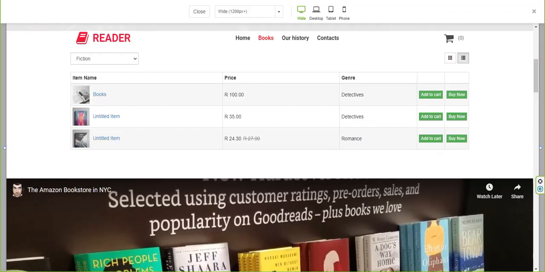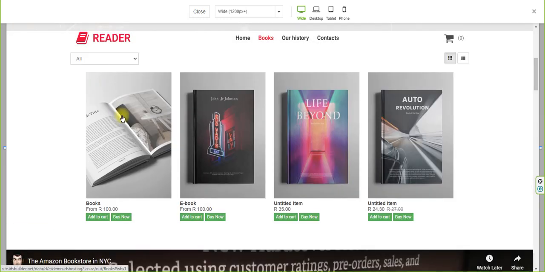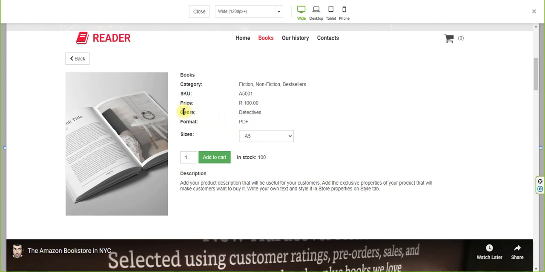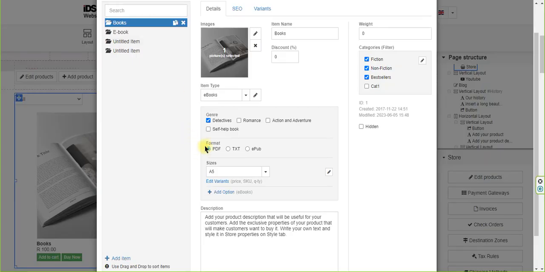So if you go have a look at the product, if we just go back to all, I think we were looking at this one. The genre will give you detective and a PDF. So no one changes this. But this is the one which we'll get to now, that is changed and your price changes. And this is called a variant. So let's go back there. And this is where you change that, but you can change your variants over here. So once you've created a variant, it'll pop up here, and then you can then put prices to your variants